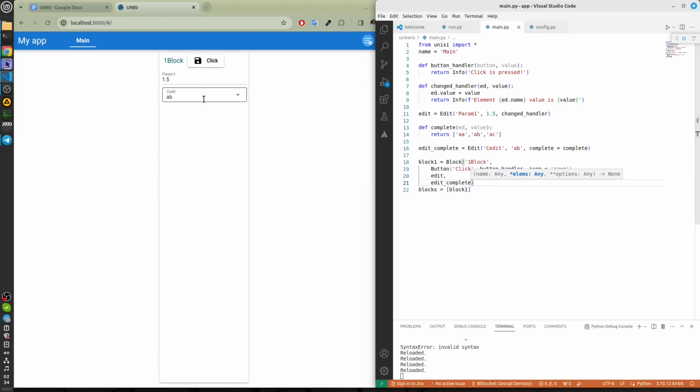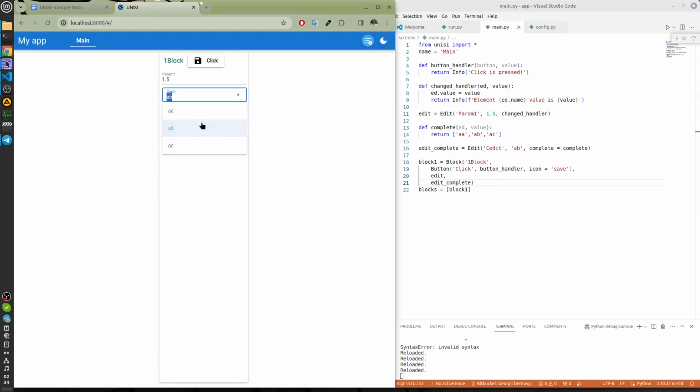So, we've added the list of additions. We can select it. We can print directly.